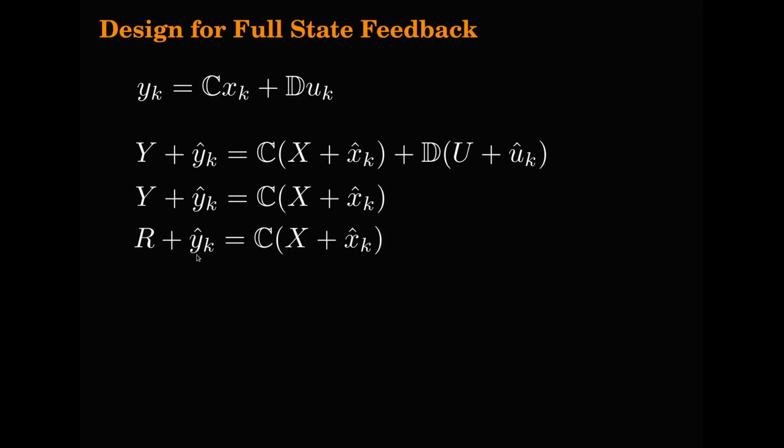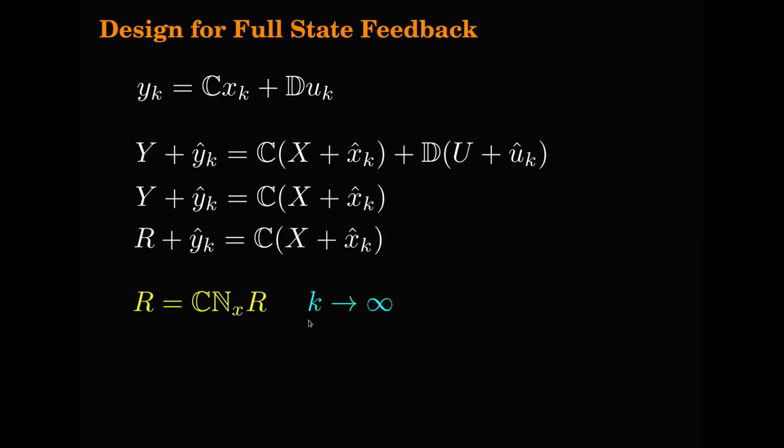So what remains is R equals Cx, and x we know we can write in terms of the reference as Nx times R. So this is the equation that we can obtain provided